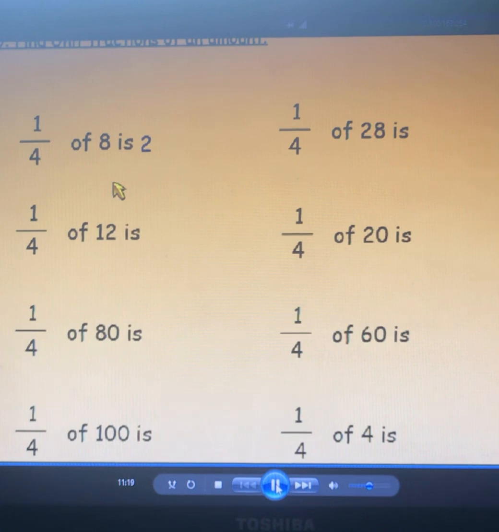Some of these numbers you might be able to divide by 4 straight away instead of halving and halving. So have a good go. If you're feeling a bit lost, I would recommend watching this video again, starting right back from the beginning. Message me if you